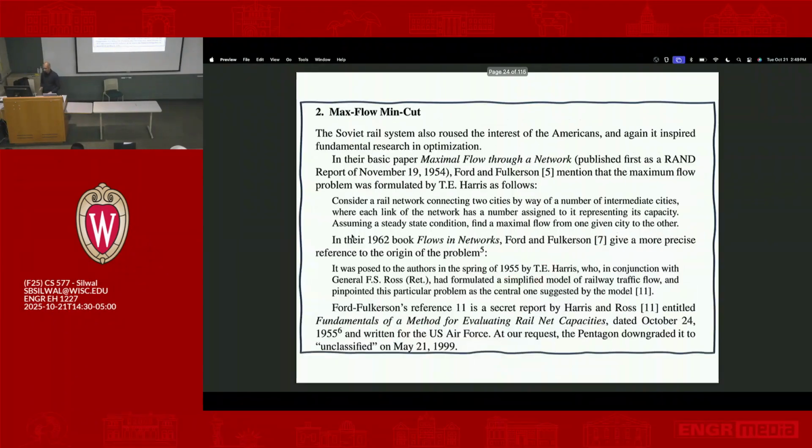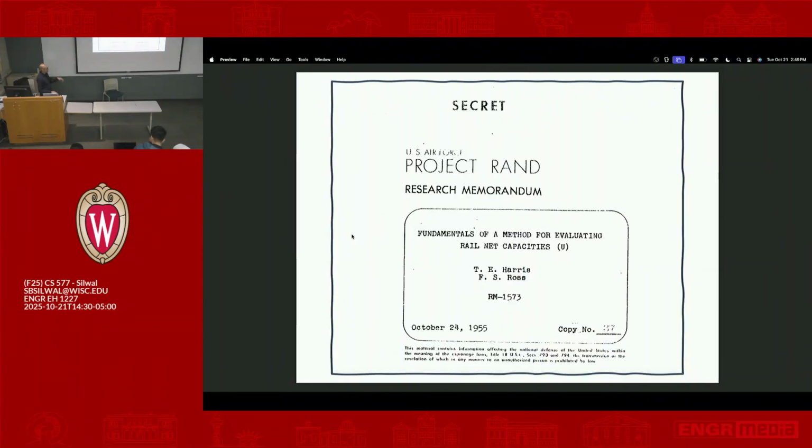Right. And yeah, I don't know. You can take 2 minutes to read this. It's pretty interesting. Anyways, you can read this after class. Yeah, it all comes from this